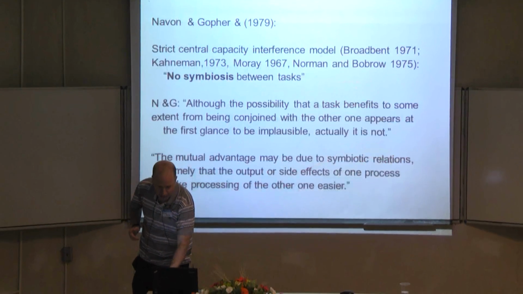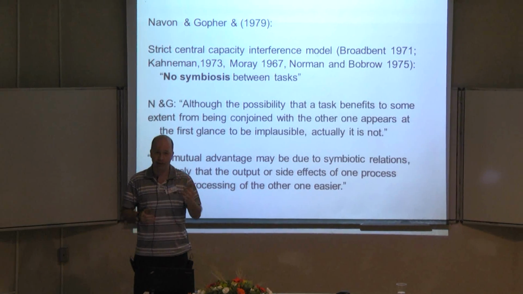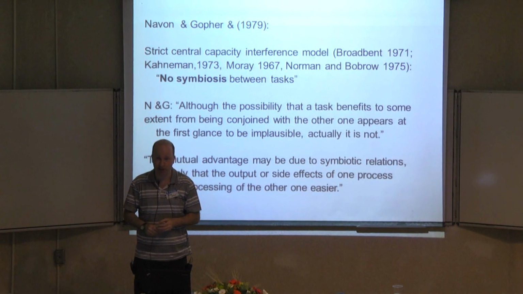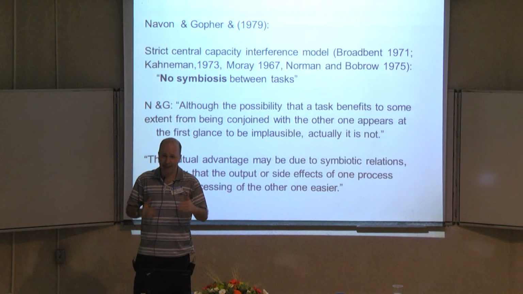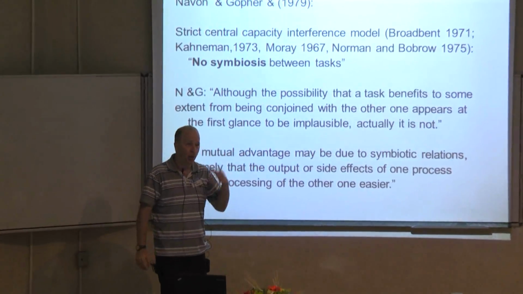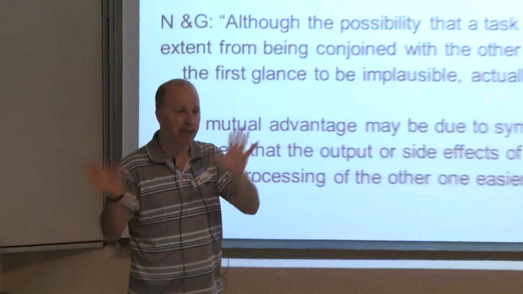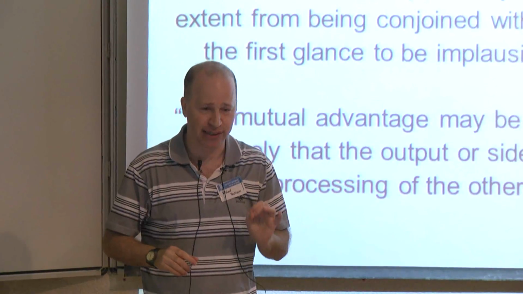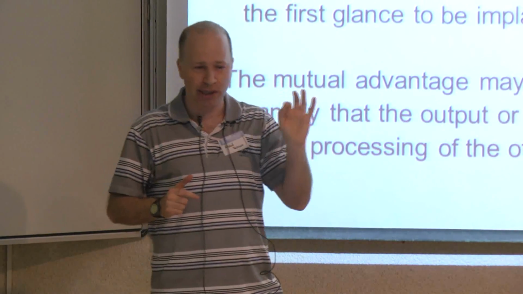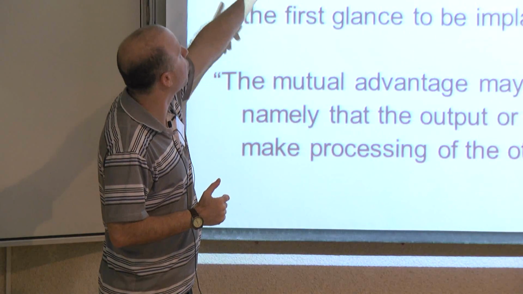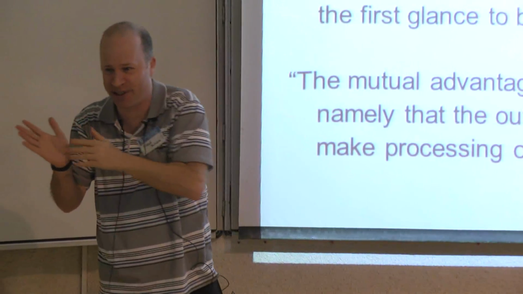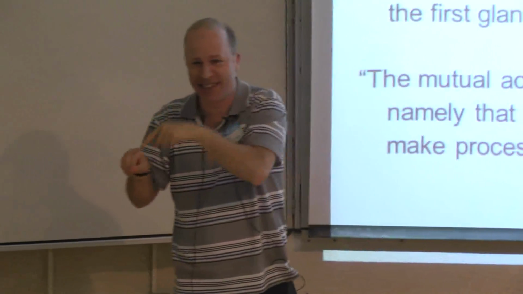And now I think that in part, Danny's suggestion is based on his own theory. One of Danny's most cited papers, at least the last time I checked, is this paper with Navon, in Psychological Review, which was mentioned previously. I think Danny had two contributions with this paper. One is that he offered a very elegant quantitative approach to the idea of attention allocation between tasks. The other thing, which is fantastic, is that they propose all kinds of exceptions to what's known as the strict central capacity interference model. These models say one thing, but sometimes other things occur. And later people identified that these other things really occurred.